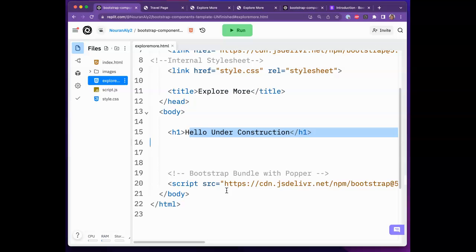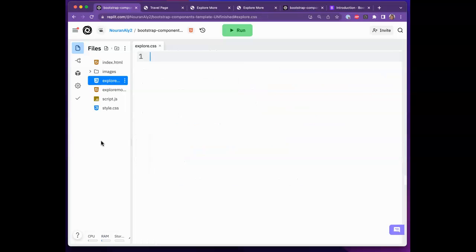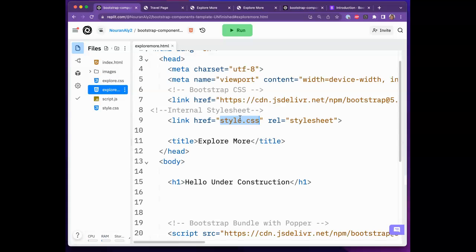Well, why does it have the same exact styling as my home page? Well, it's because it's linked to the same style sheet. Right now, my Explore More file is linked to style.css, and so is the index file. What I can do is create another file, and I'm going to call it explore.css. This will be the unique custom style sheet for my Explore More HTML file, and what I'm going to do here is just change the name and do